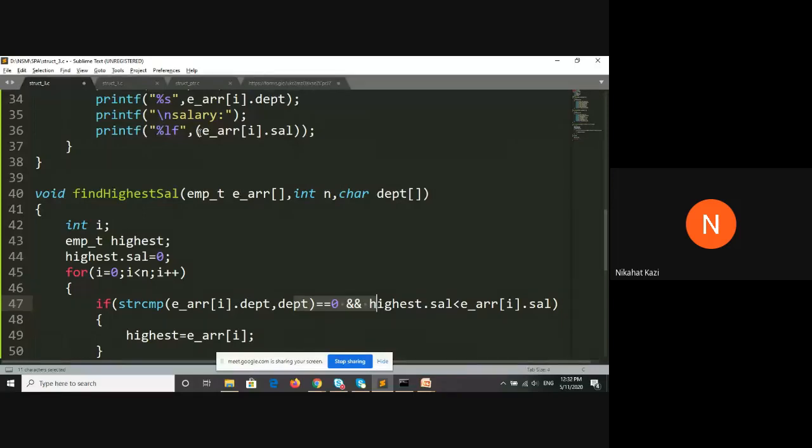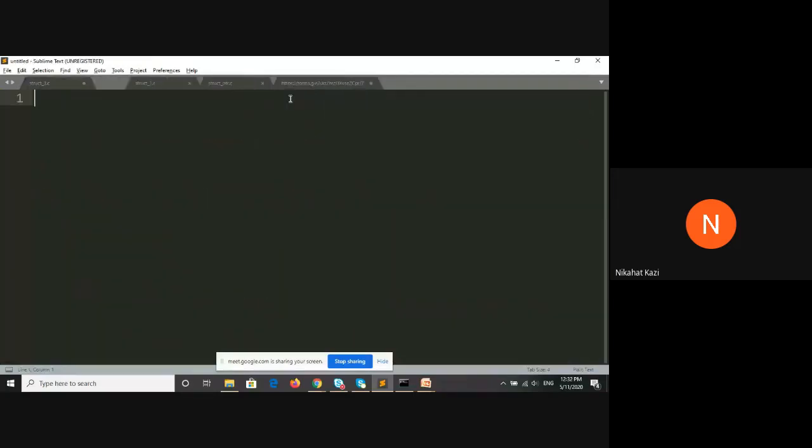So I'll just give you one example here. Suppose these are the list of records. Employee number 1 is having some name XYZ, department A, and salary 20,000, just an example.